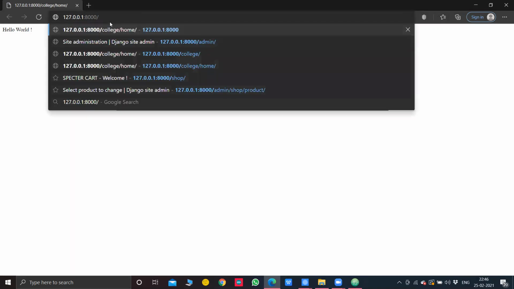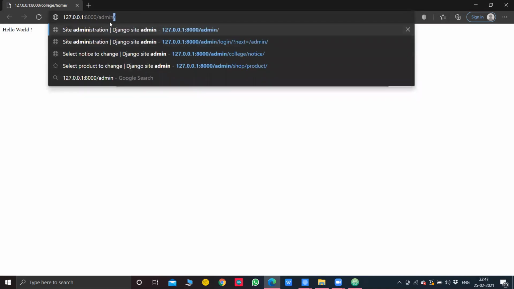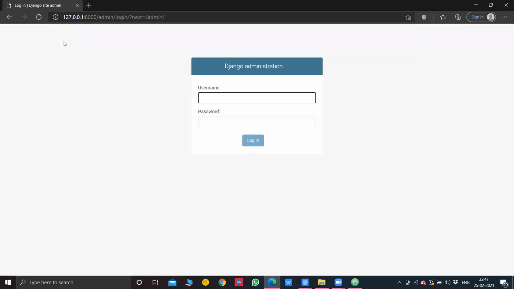But it was redirected to our predefined link that was slash college slash home. But now we need to access the admin, right? For that, when you type slash admin, it's loading. You will see that it will ask for a username and password.